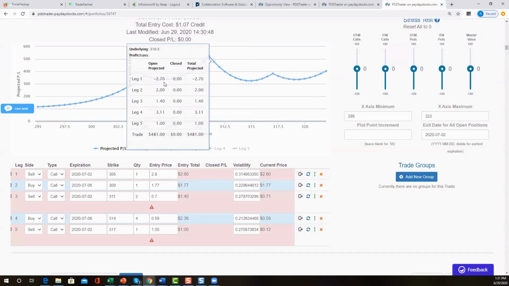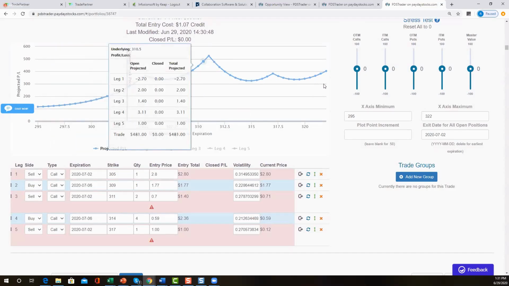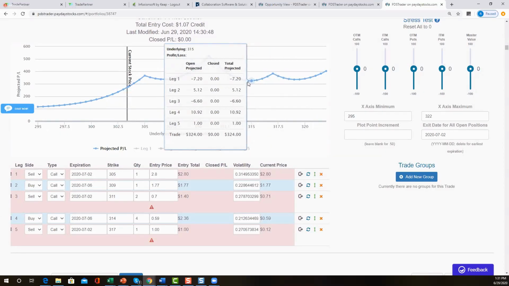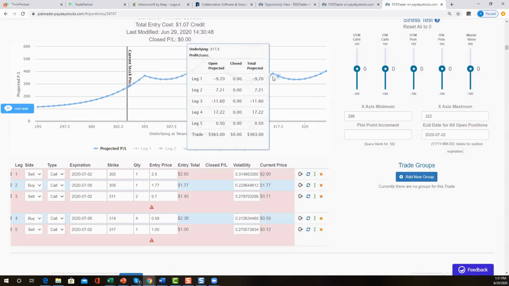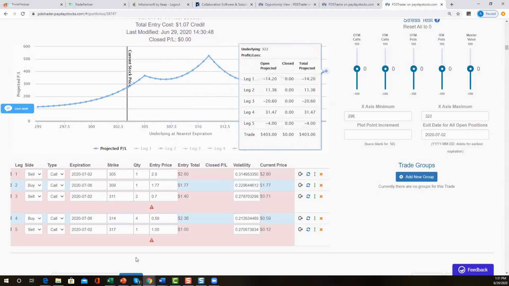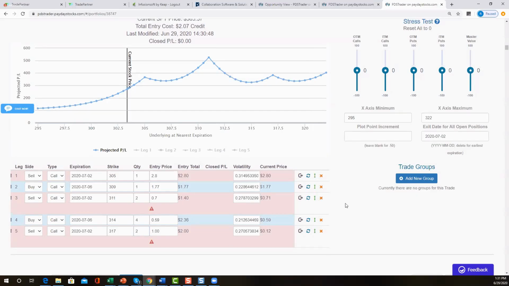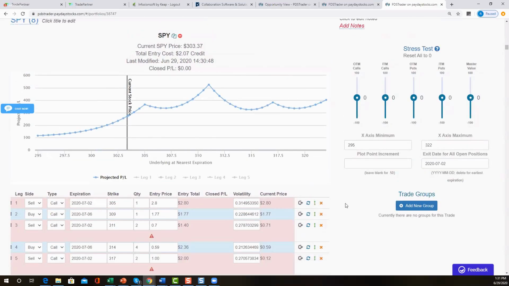It's basically the whole thing above 300. It's not guaranteed, but I don't have a dead zone really at 315 to speak of at that point, because I created another profit peak that's fairly close, and I have unlimited profit potential to the upside. If I were to do 2 of these, because I have 2 extra longs, which I'm always in favor of doing.